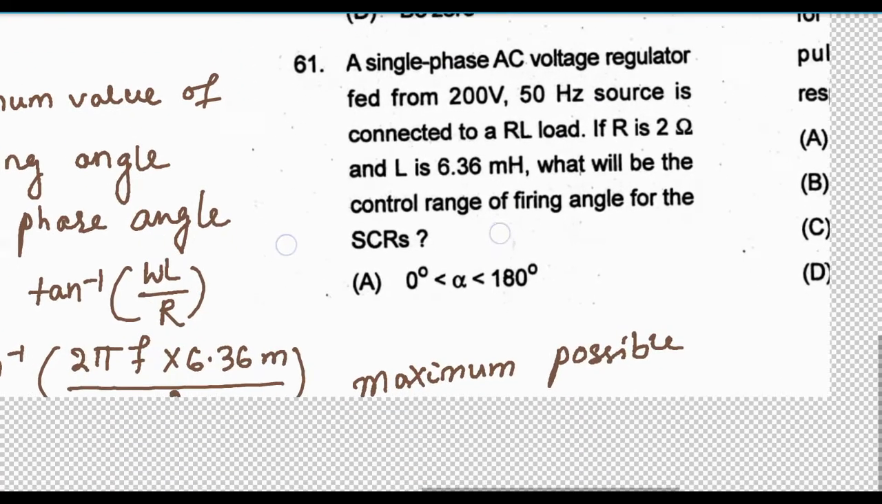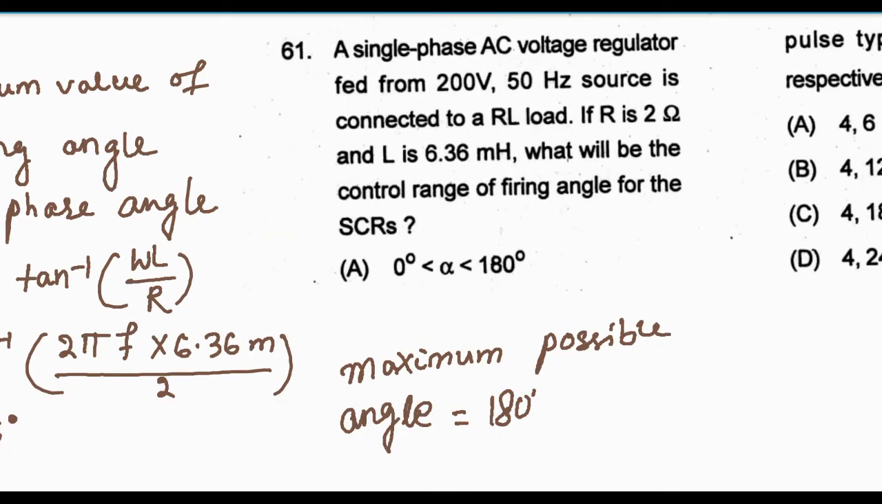Next question is, a single phase AC voltage regulator fed from a 200 volt 50 Hz source is connected to an RL load. If R is 2 ohm and L is 6.36 millihenry, what will be the control range of firing angle for the SCRs? So for this type of circuit, that is a single phase AC voltage regulator,